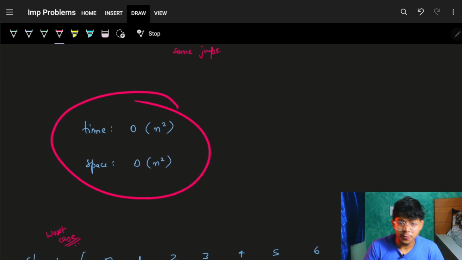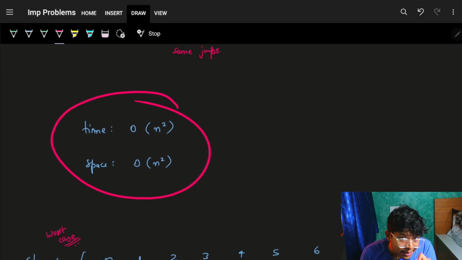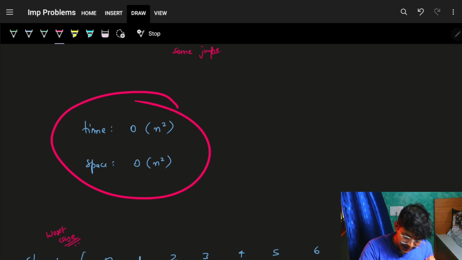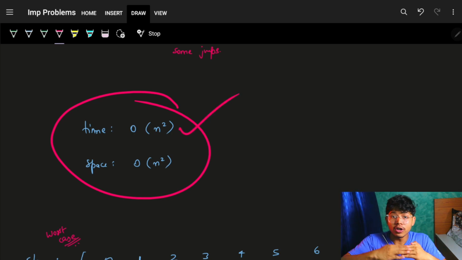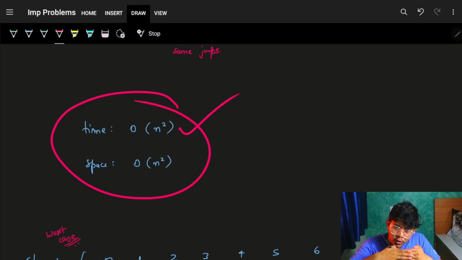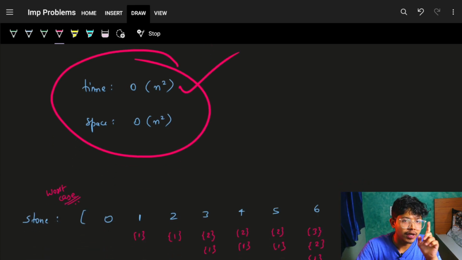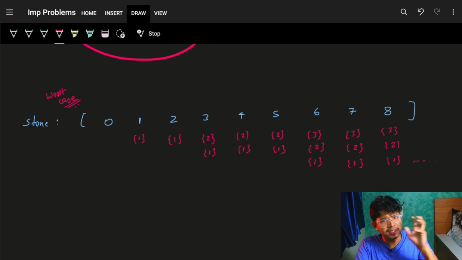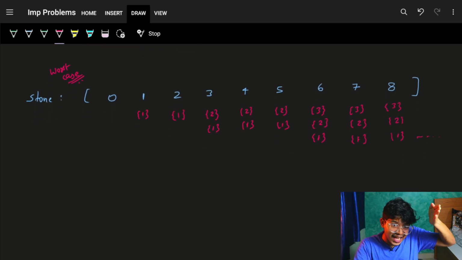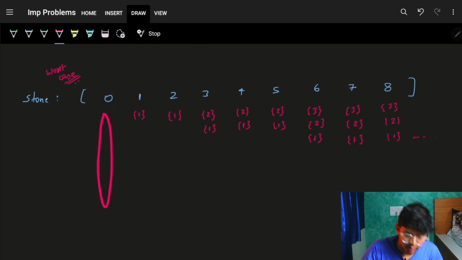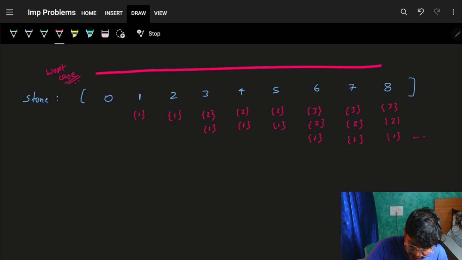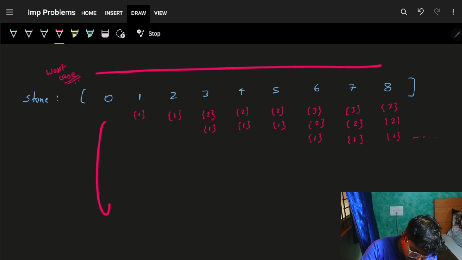Now time and space is roughly O of n. Again, I'm saying roughly. In the worst case, it can be O of n square, but still it is not exactly O of n square. It is less than O of n square, but it is touching O of n square. How? For how O of n square can happen, I have n stones. For every stone, I should have n,